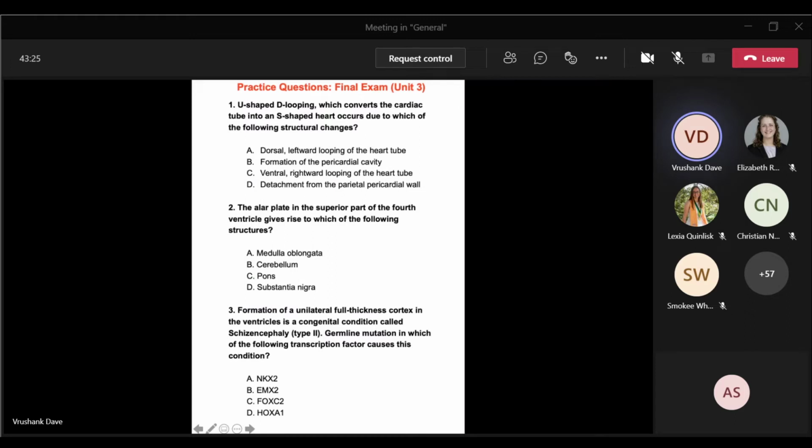Okay, is everybody able to see the practice questions? Yes. Okay, if somebody wants to volunteer, we can do that one by one, and it will cover all the chapters. So it's not that I have focused on one or two chapters. So that would be better for you guys to brush up. Somebody please start with question one.